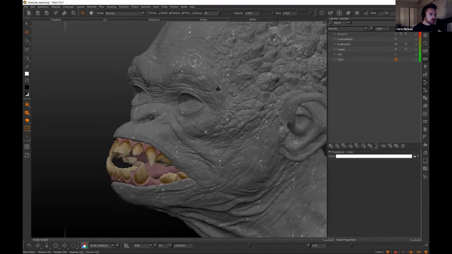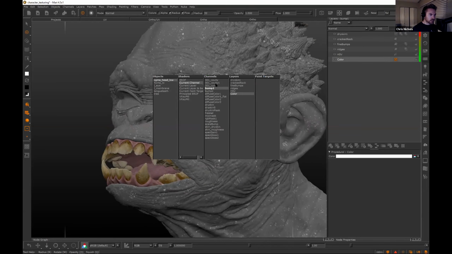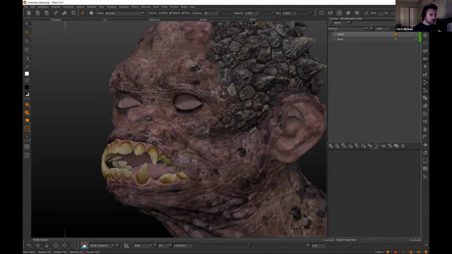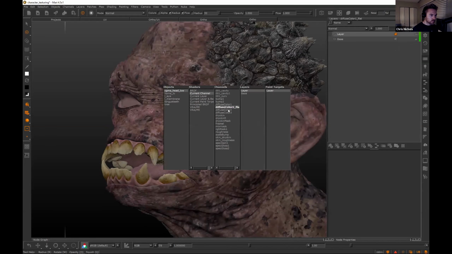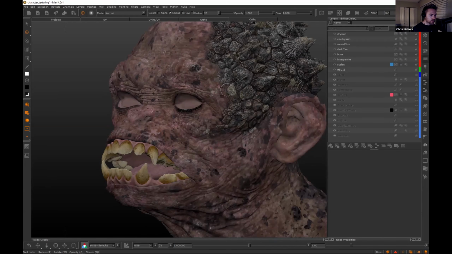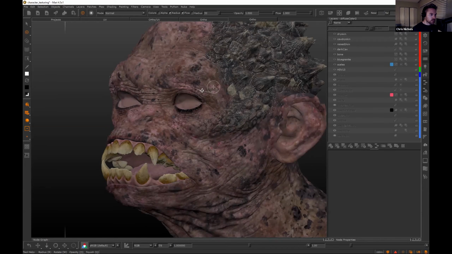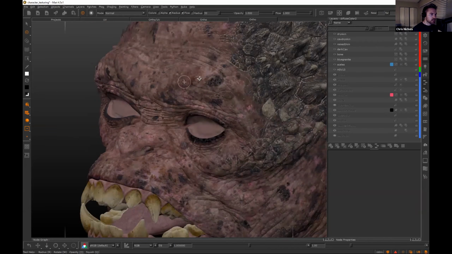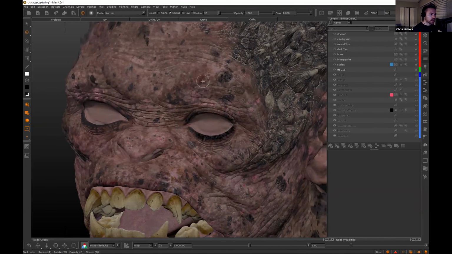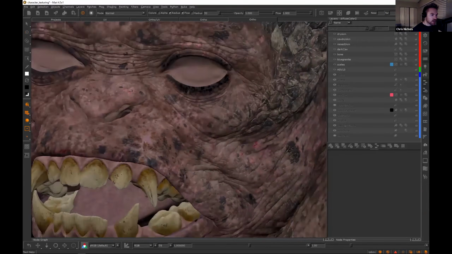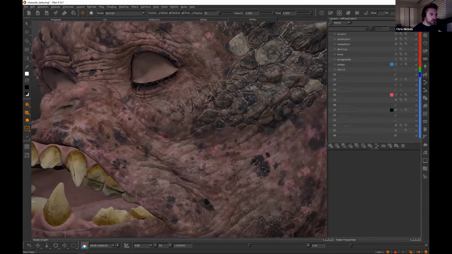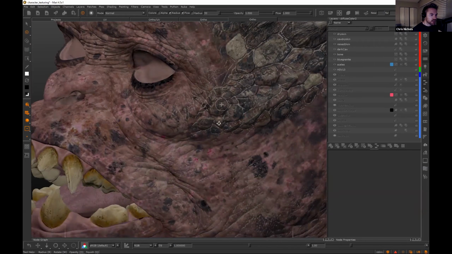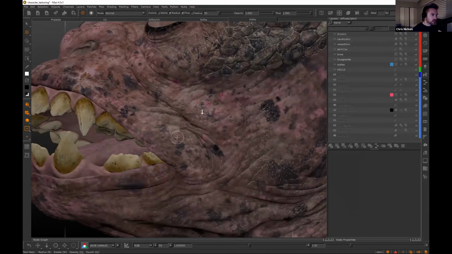And I show you my process of starting with a color map for the skin, which I'll just try to go over here. Hopefully this is it. Yeah, so I show you my process for how I build up the dimension of the skin, how I get that tonality out of the details, and then layer a lot of different elements on top of that, like dry skin, little skin flakes, that kind of thing.